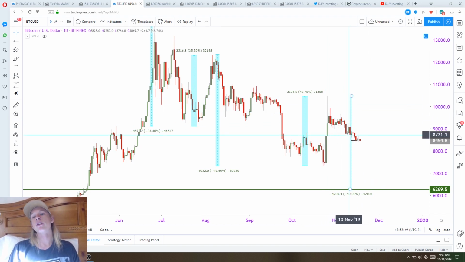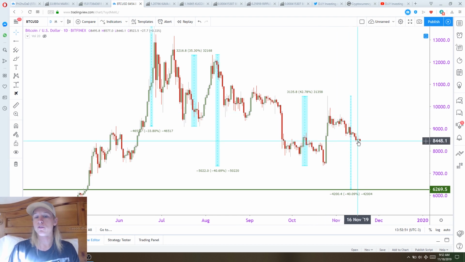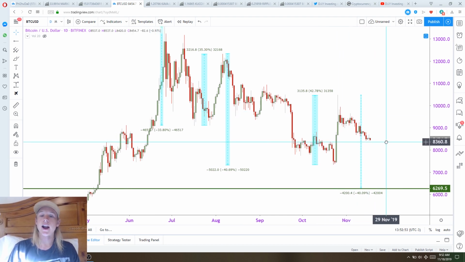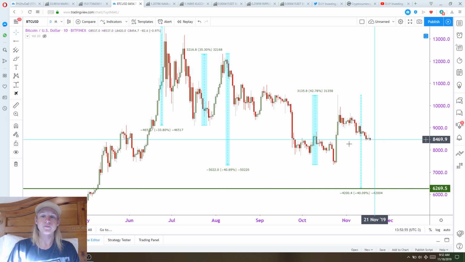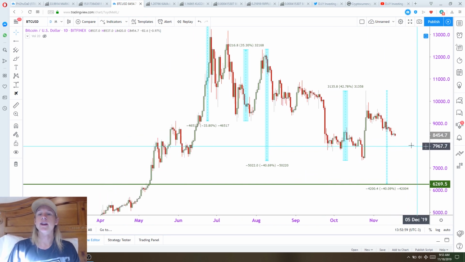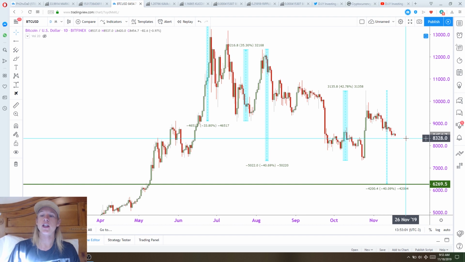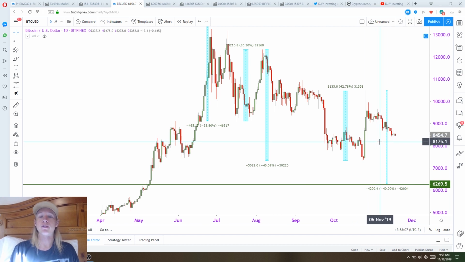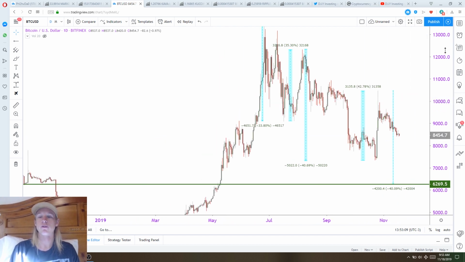Now, you'll have people calling this a falling wedge, you'll have people calling it a bull flag, but in real hindsight, I look at this as neither of the two. I find it much more likely that we're actually going to sell off from this point. And so my confirmation level is 8,300. If we start closing below 8,300, I'm going to be bearish for more downside. But remember, that's on the monthly time frame, and that's what I'm going to be watching for moving forward.